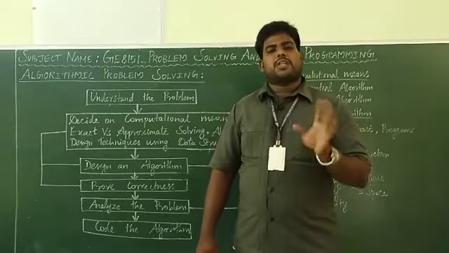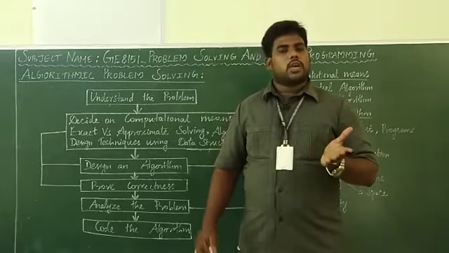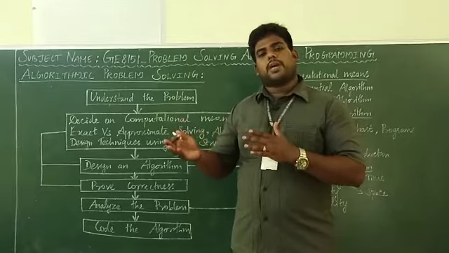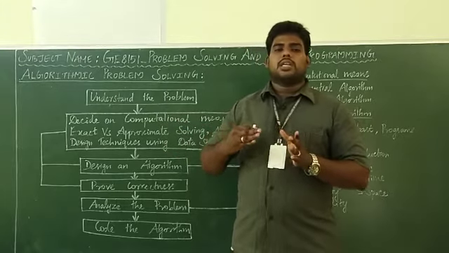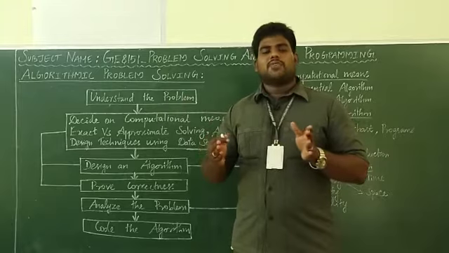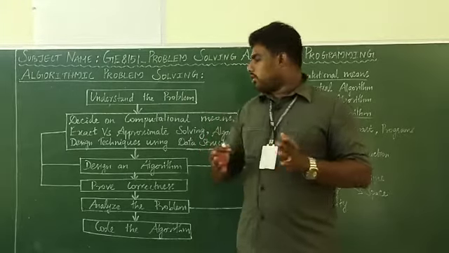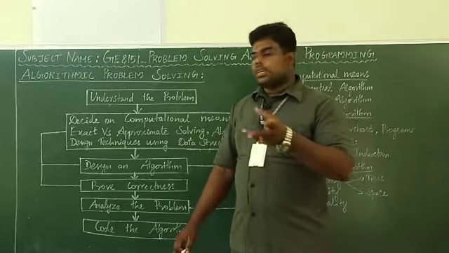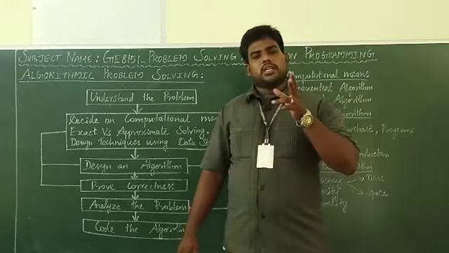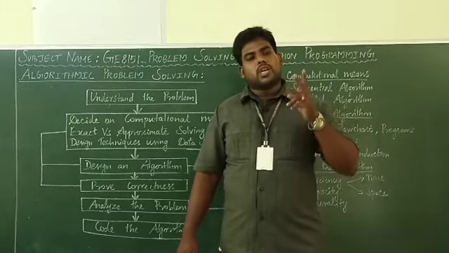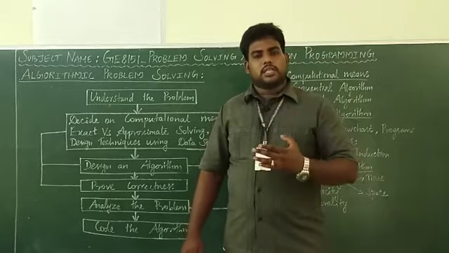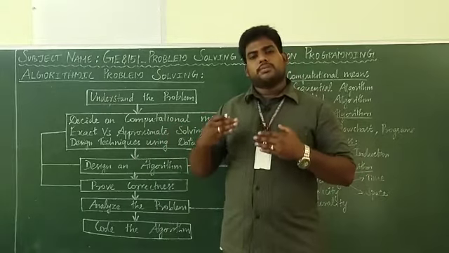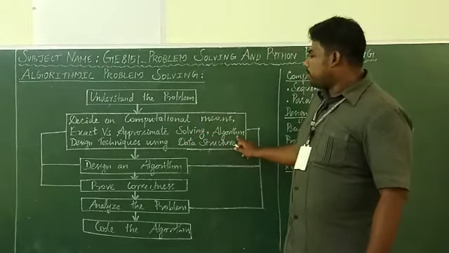A simple example is finding the square root. While you are finding the square root, you will get decimal numbers. If you are getting more than 3 or 5 decimal places, approximately we are taking the upper value or lower value, right? Like that, for complex problems, sometimes we approach the approximate solving. Do all of you understand what exact solving is and what approximate solving is? Exact means you are trying to get the exact solution. That's the final thing. It won't change. Approximation means a little lower or less will be there. Few ups and downs will be there. That is approximate problem solving.